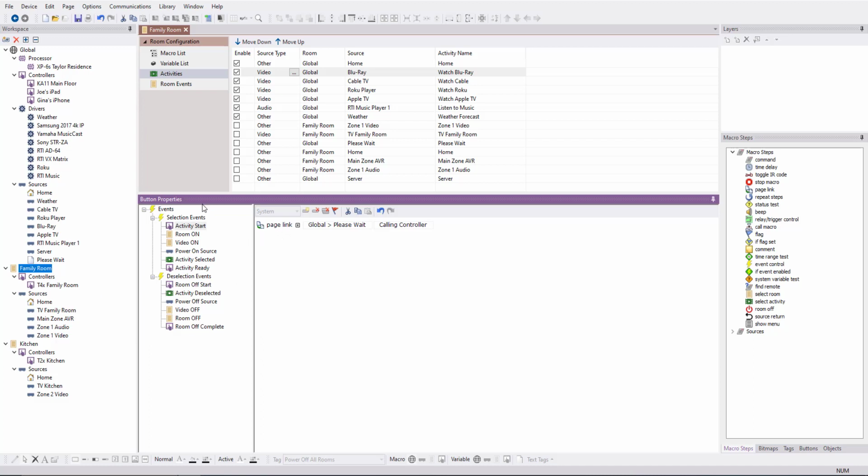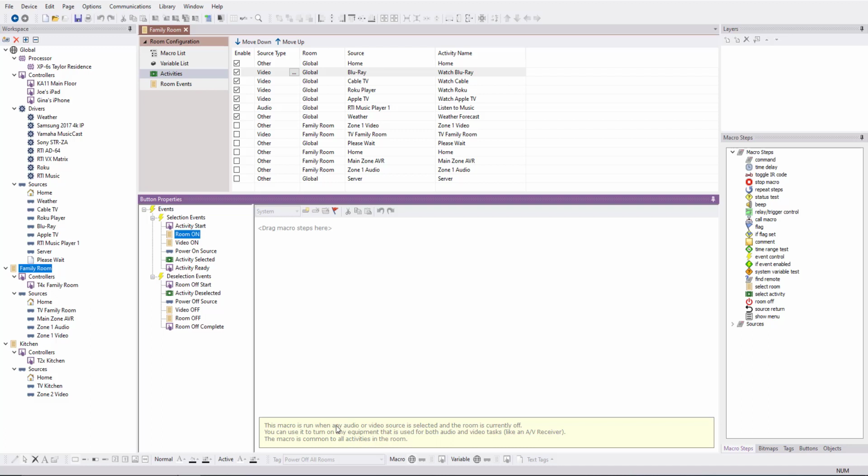So let's move on to the next System Manager activity event. Room on. This macro is run when an audio or video source is selected and the room is currently off. Because the System Manager knows when the room is on or off, it's only going to fire this if nobody turned this room on. And it says you can use this to turn on any equipment that's used between audio and video. So what this means is this is where you turn on anything in the room that will have to turn on